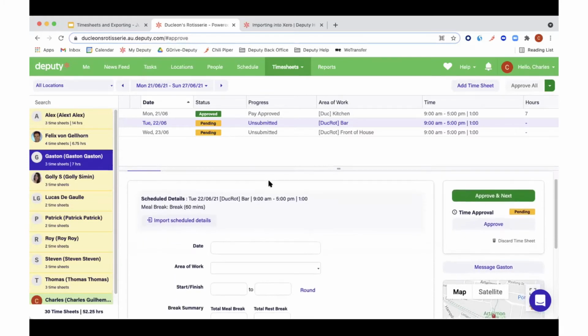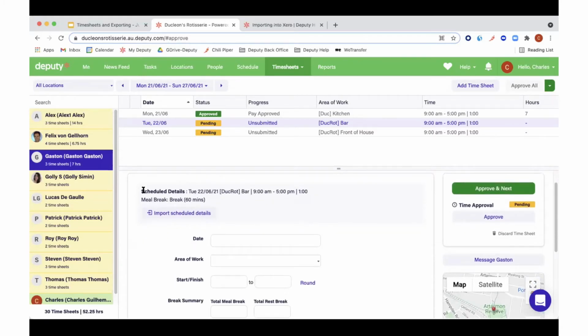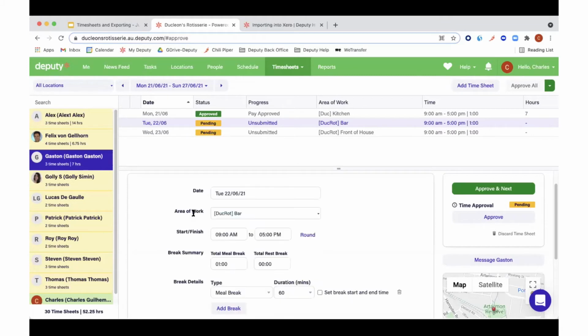To do that, all you have to do is here, we have schedule details. So this is what he was supposed to work with his meal break. And if you click on import schedule details, it will take the information from the schedule to your timesheet. So you can see Tuesday the 26th was supposed to work at the bar from 9 to 5 with 1 hour meal